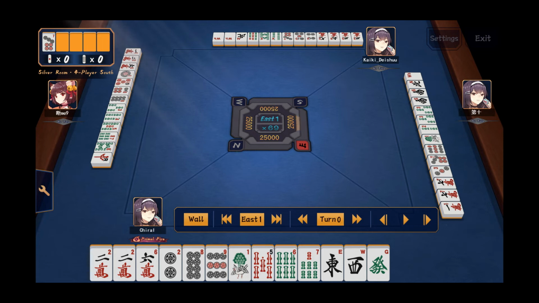So Chiral is sitting north to begin with. I assume this is a full Hanchan. It is a full Hanchan actually, in the silver room, so Adepts plus. Let's see what happens. So we'll ignore the initial draws for